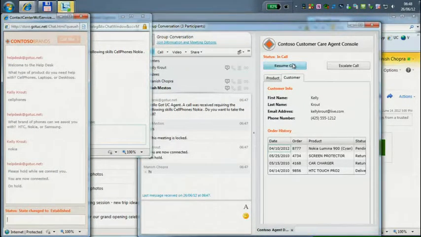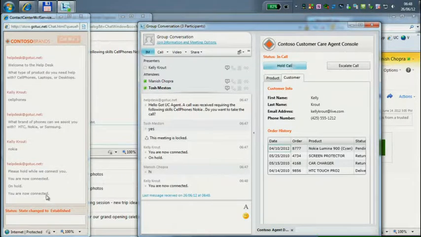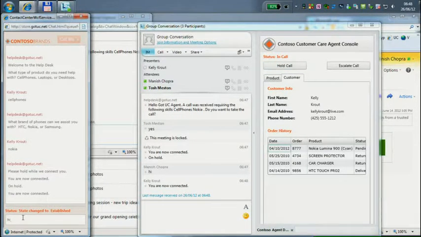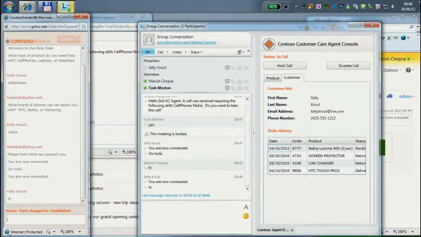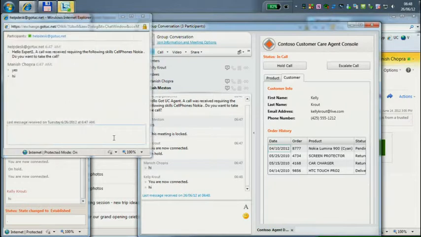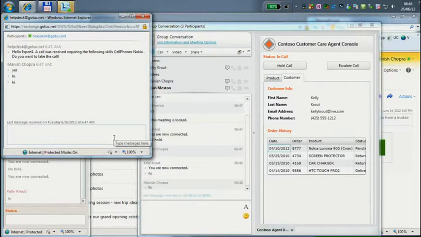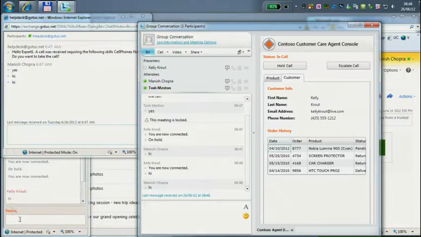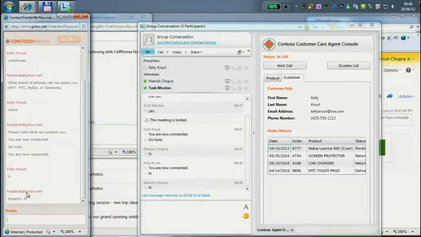If I take this call back, resume call, and if I say hi now, this is what I wanted to demo, it actually goes through to the customer as well as to, oh, this is the other way around, sorry. If I now say hi as Manish, I go through here, and here if I scroll down, the expert says hi as well. So this is pretty complex, what you saw just a second ago, but the thing that I wanted to demonstrate was that if you are building these type of applications, you can exactly control whom talks to whom at what particular time.